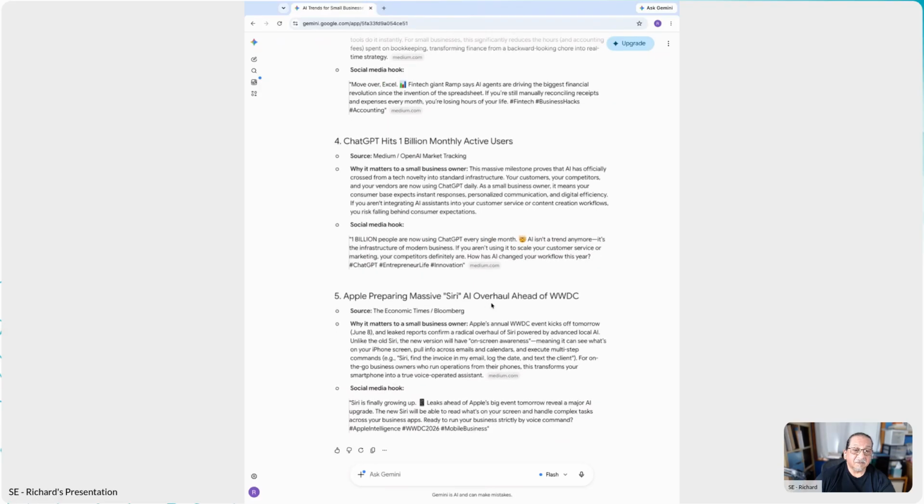Apple's preparing massive Siri, an AI overhaul ahead of worldwide. Well, they better get on track because AI doesn't exist on Apple. And I'm an Apple fanboy, and I should be getting my $250 back or whatever from that whatchamacallit lawsuit because the AI phone I got don't have AI on it. That part. Anyways,